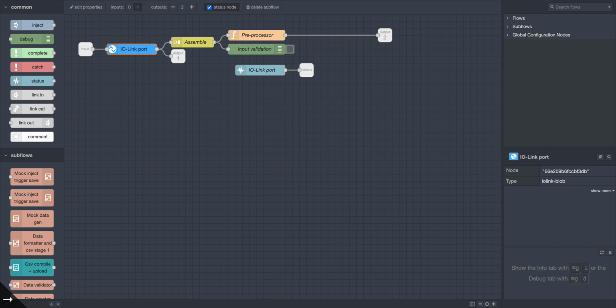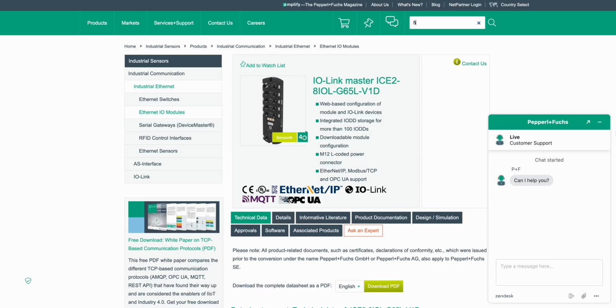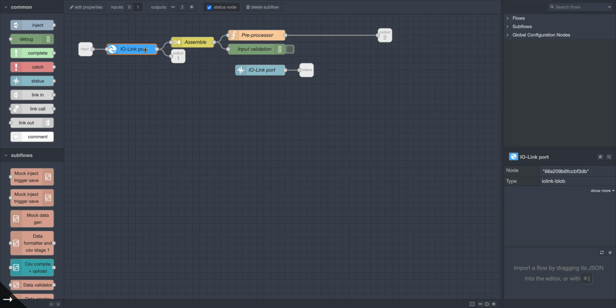Just to give you some reference, this is what an IO-Link master looks like. The one we are using is from Pepperl+Fuchs, and it has multiple interfaces. As you can see in the image, you have around 8 ports. These 8 ports connect to sensors and you can pull values through them. You have other ports for other kinds of interfaces. And we have this particular node which is built to work with that. And what is happening over here is,